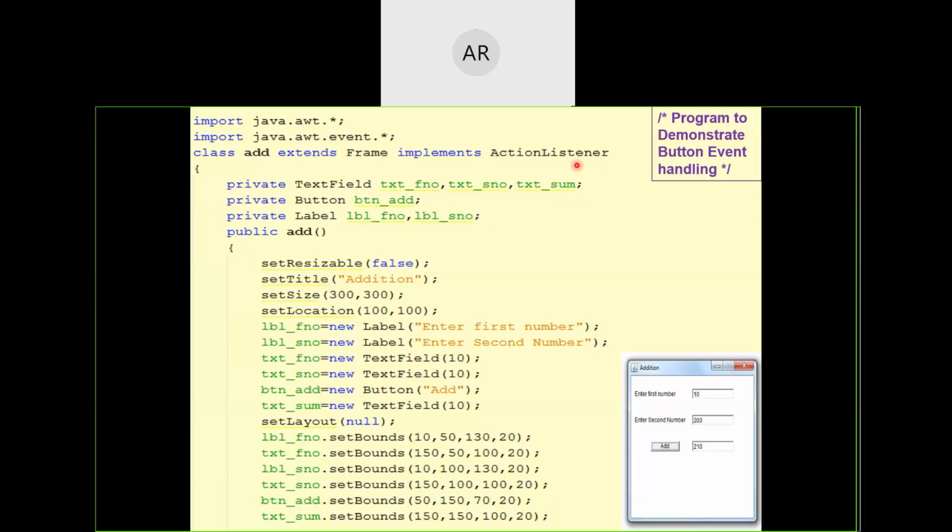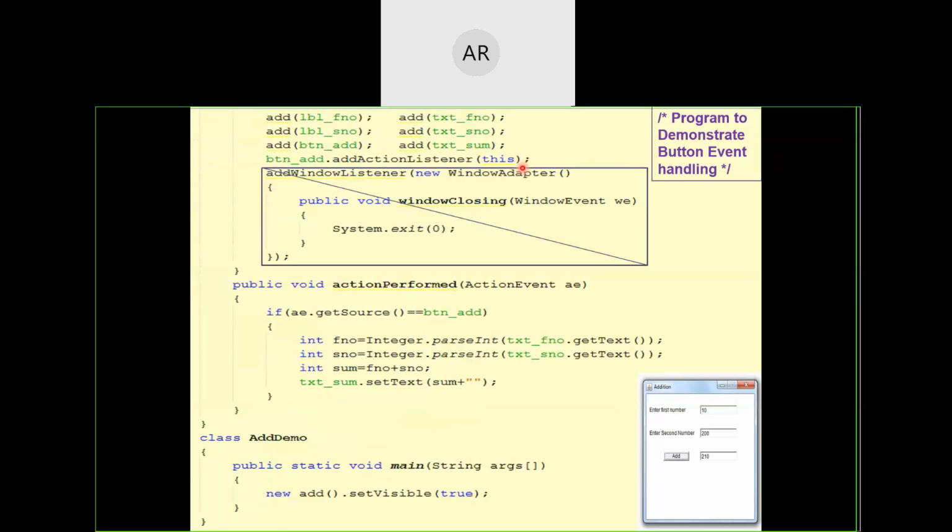What is the name of the button listener? ActionListener. And what is the event that is going to occur when the button is pressed? ActionEvent. And what is the method that is to be defined when that particular event occurs? actionPerformed.